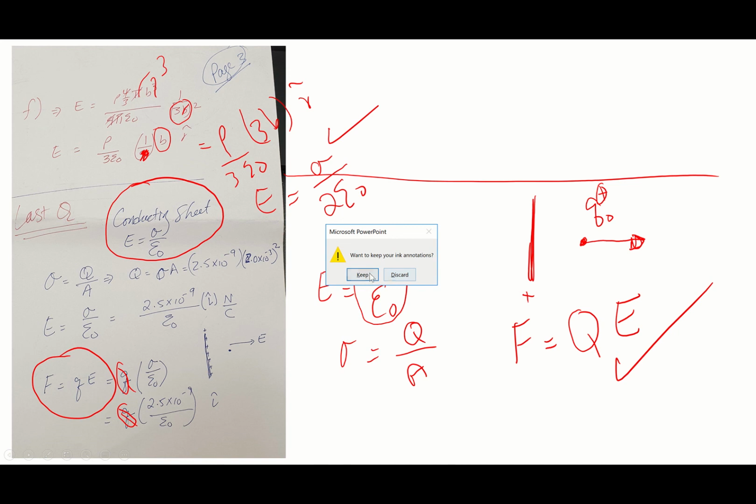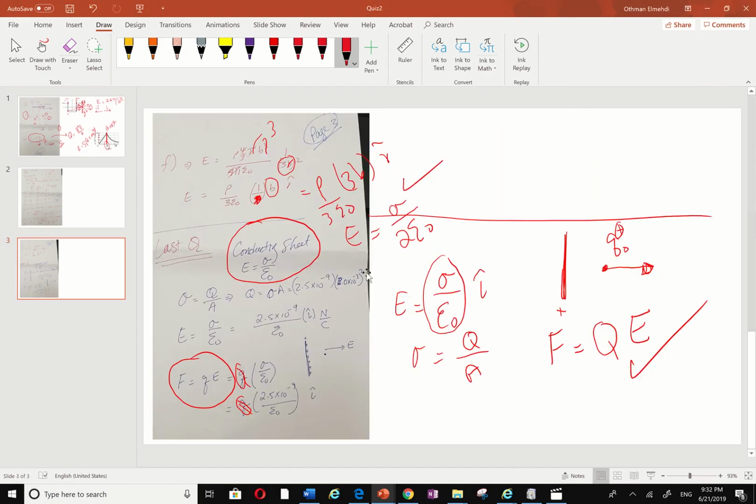Okay, yes, keep animations. And then I need to